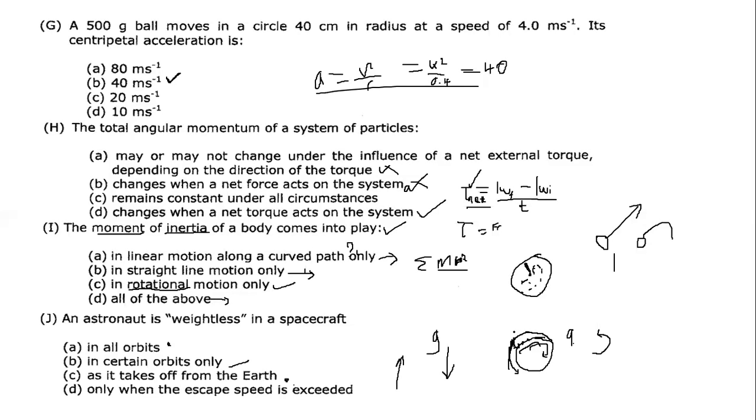If you are moving around the Earth, the centripetal acceleration will be trying to take you this way, while gravity is trying to take you this way. So if you are accelerating with a centripetal acceleration, and you know that centripetal acceleration is v squared over r. So this r,